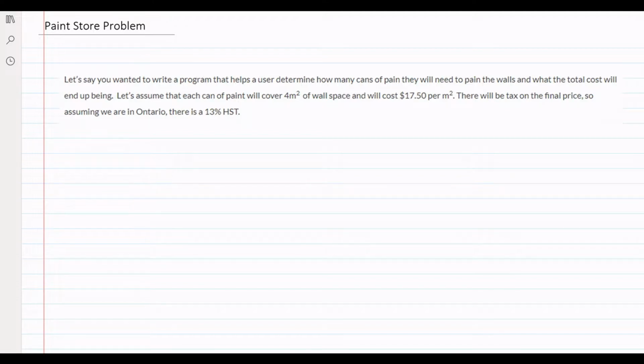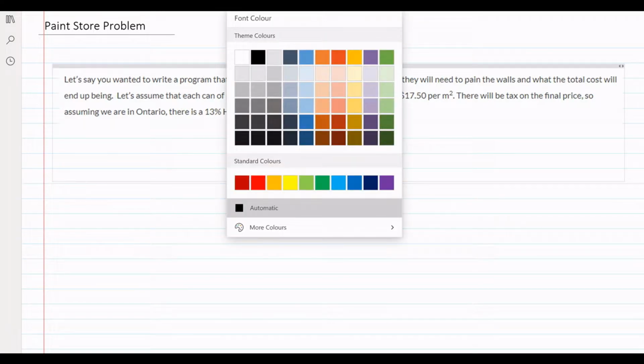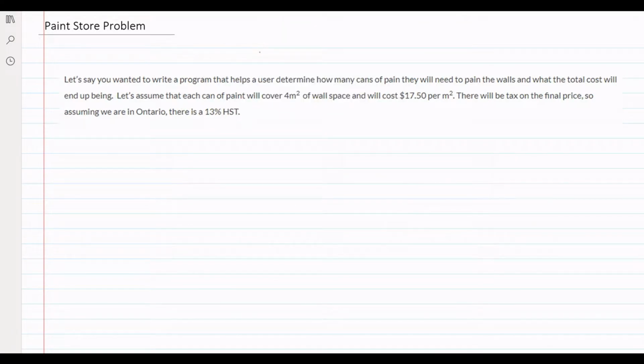Since we're just doing one wall to keep it simple, we might assume that the wall is rectangular, and not some crazy shape that we need to deal with. That would mean that the user is going to need to